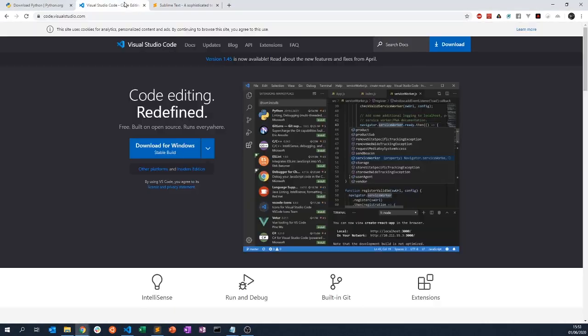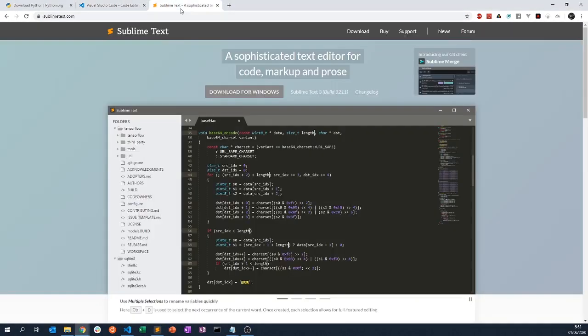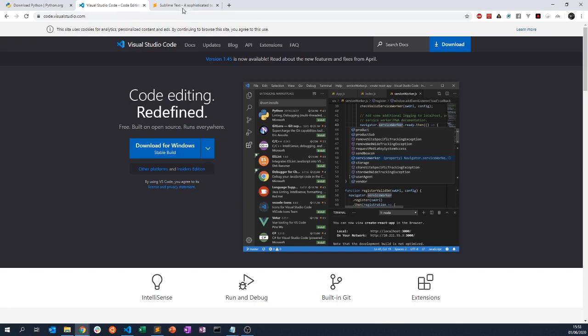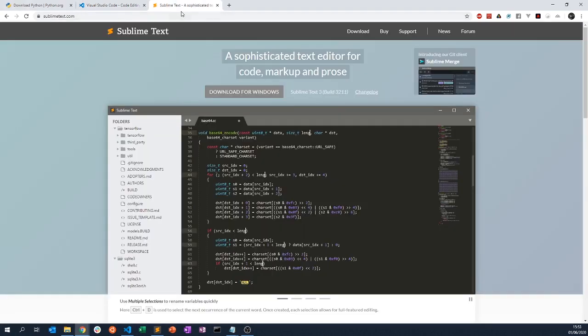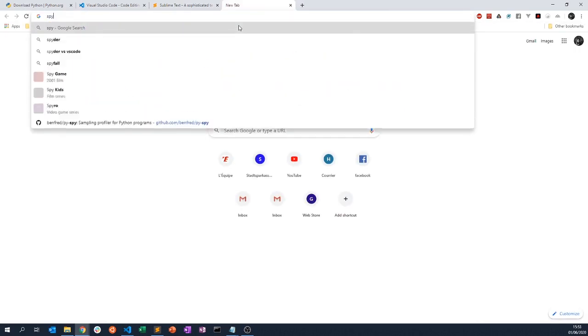So those are the two things I would recommend to use if you want to write Python code after installing Python. That being said, I cannot not mention Spyder, which is